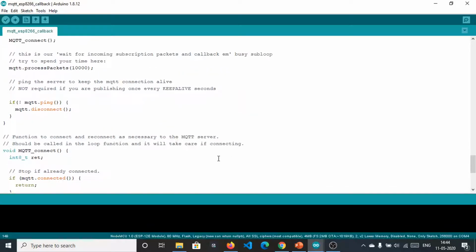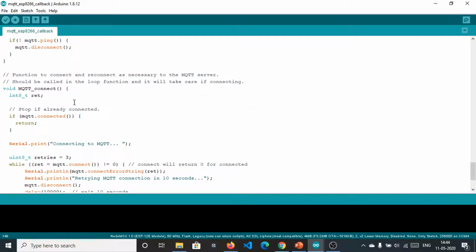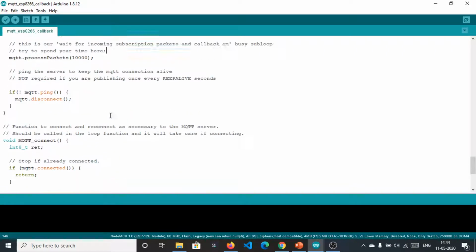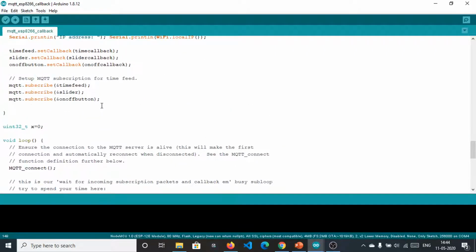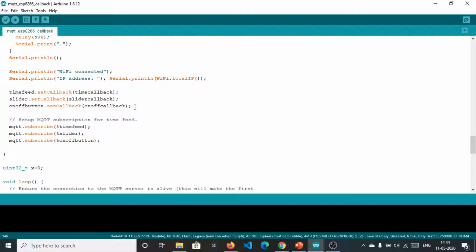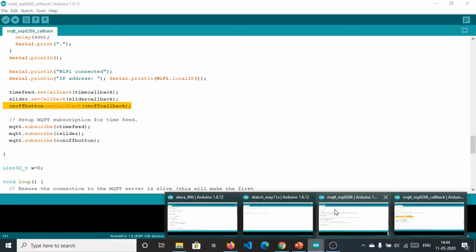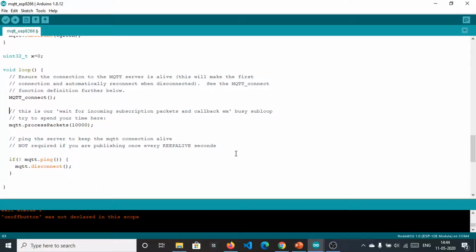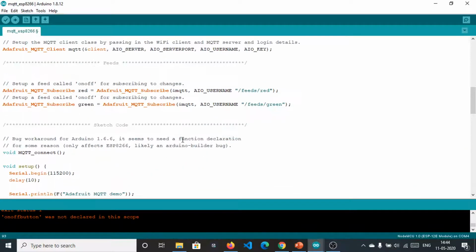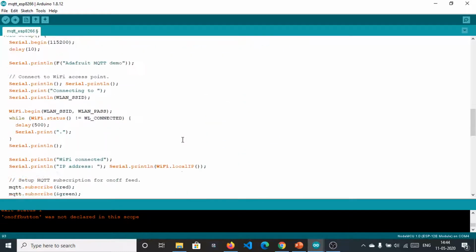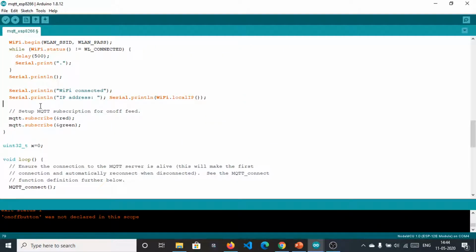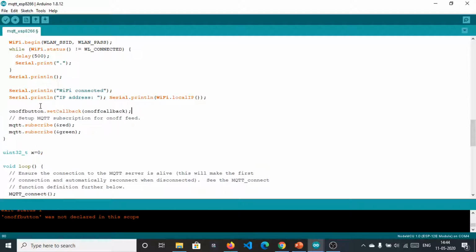So now we need to set the callback. MQTT connect is the same, and this is all similar. We need to set these callbacks, so let me add this one to our sketch. In this sketch, before subscribing you need to set the callback, and the callback is set on your subscription object.